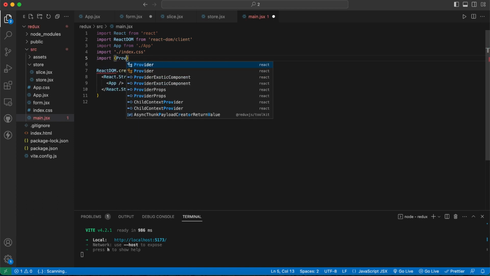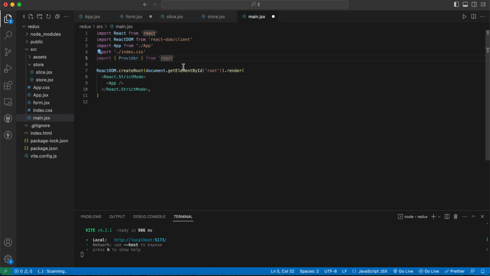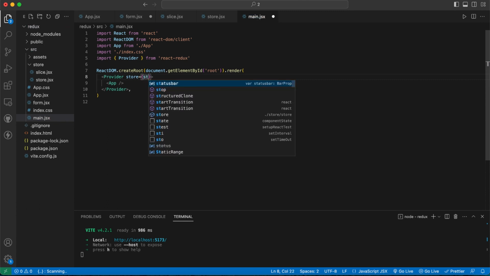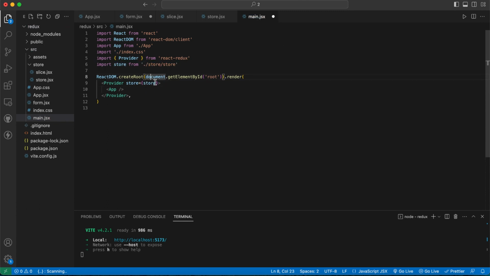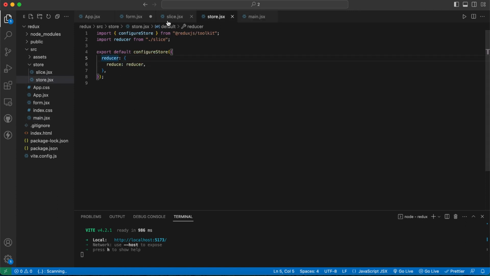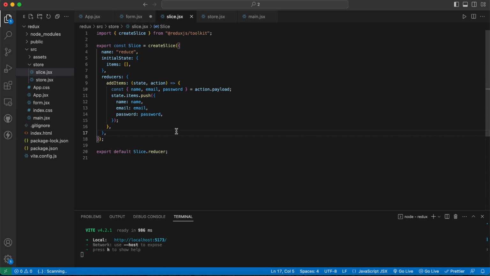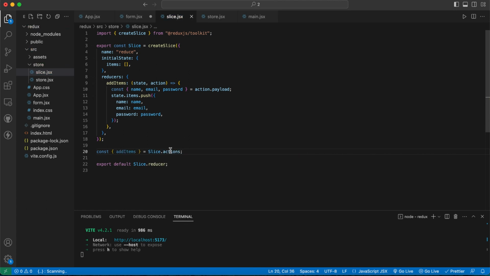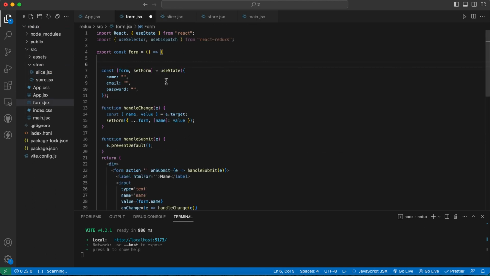Now let's go to the main file and wrap the app with the store, so that everything in main can use it, every component can use it. So we just use the Provider, and the Provider takes the store, this thing, and all the activity can be done by any component that is inside main. So let's export this addItems too,